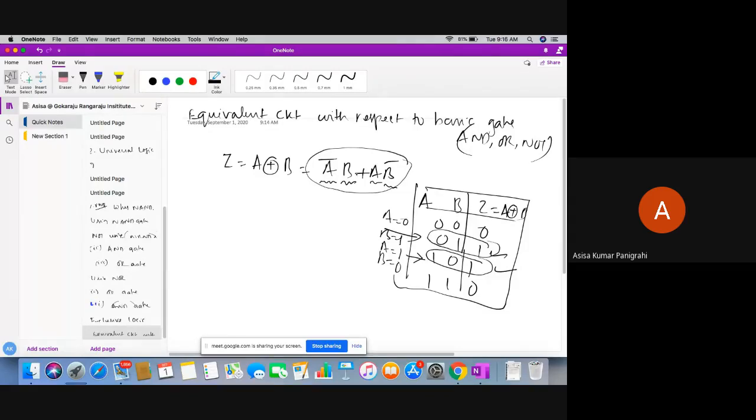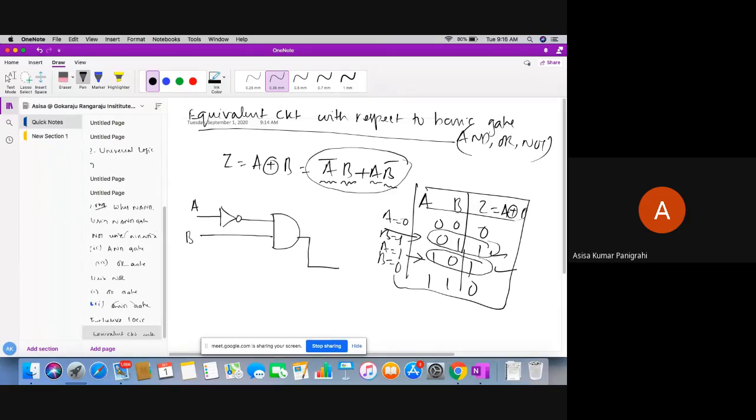Don't worry. Now the question is, how can we express this XOR gate using basic gates? See here, this is my A bar. So I can design this with the help of a NOT gate and an AND gate. This is A, this is A bar, and this is my B, and they are given to the AND gate.